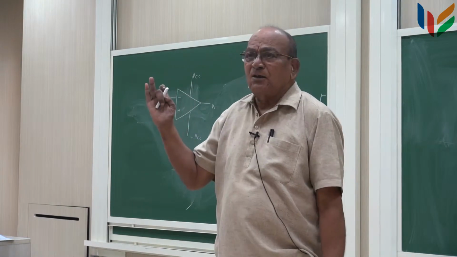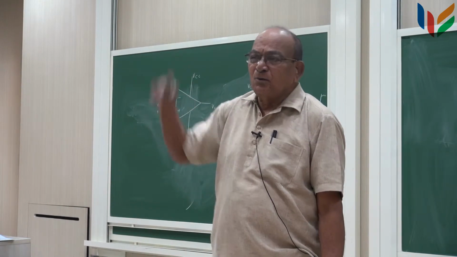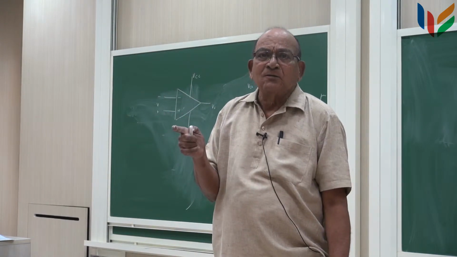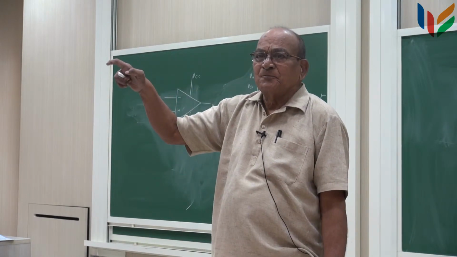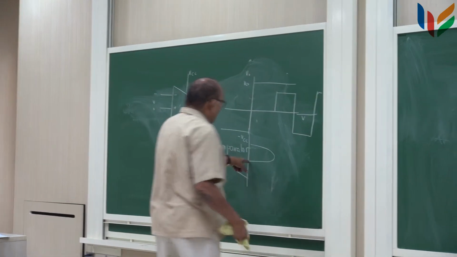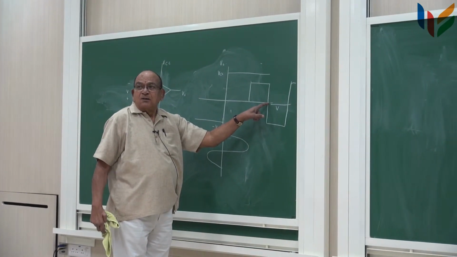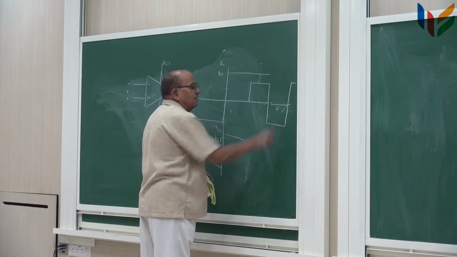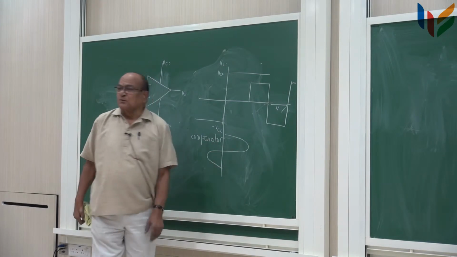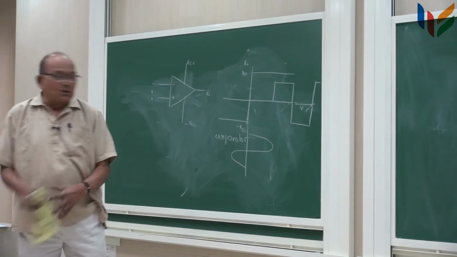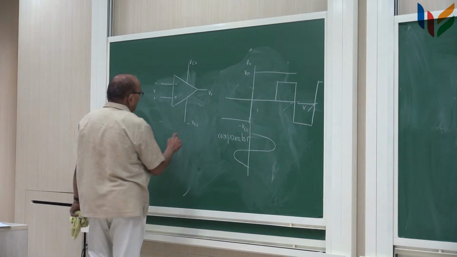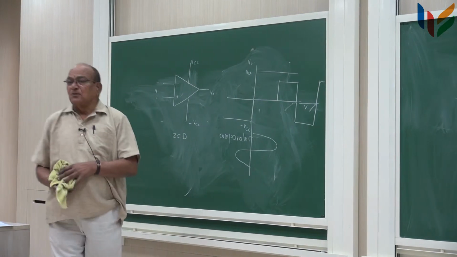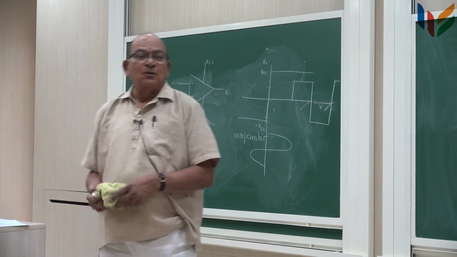Where do the transitions occur? From high to low or low to high, when does it happen? Whenever the sine wave passes through a 0, either this way or this way. When it goes from positive to negative, this transition will occur, and the other way around, this transition will occur, and all these transitions will occur at the point where the sine wave is passing through a 0. So, another name for this circuit is zero crossing detector. It tells you where the input waveform has crossed through zero.